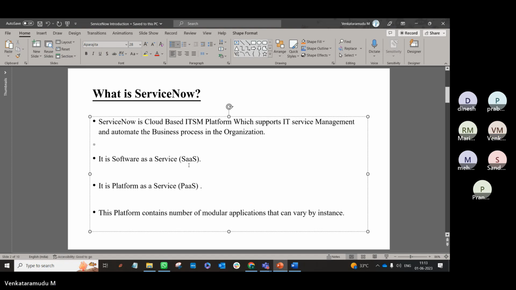We can call it software as a service, and we can also call it a platform as a service. SaaS means, for example, Facebook, right? Facebook has already been developed and they give it to us to use. We can just use it. We can't modify or develop anything related to Facebook. That means SaaS. But PaaS means